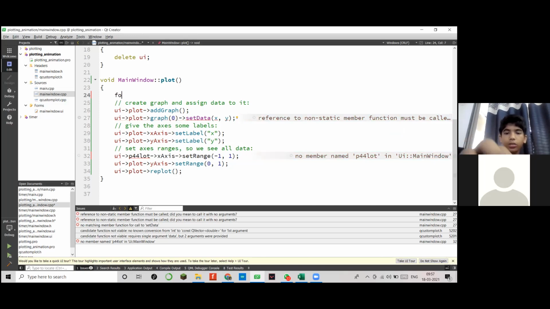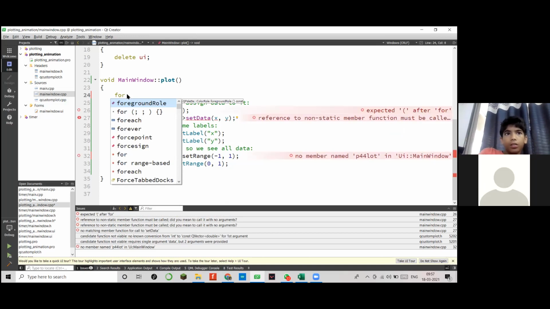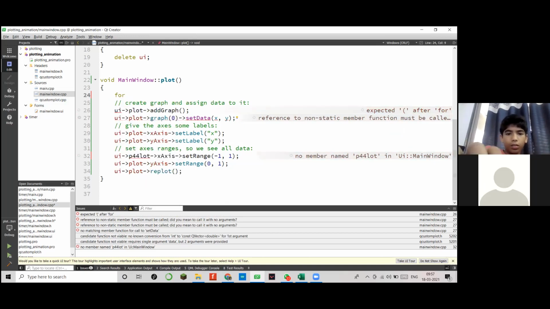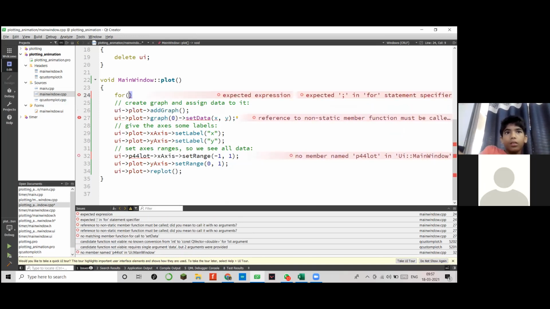Okay, so I'll do this for, oh, not Python, for int i equals to 0.